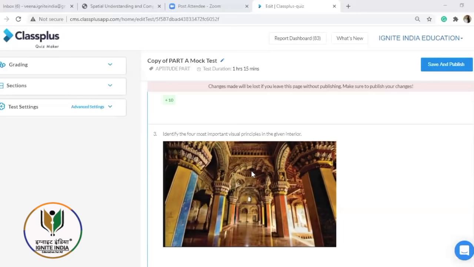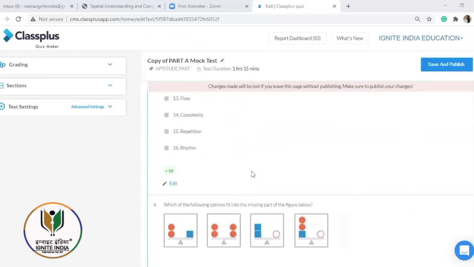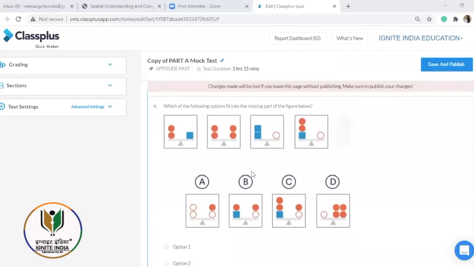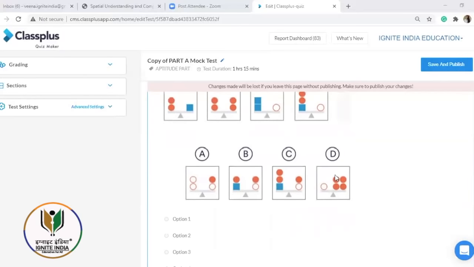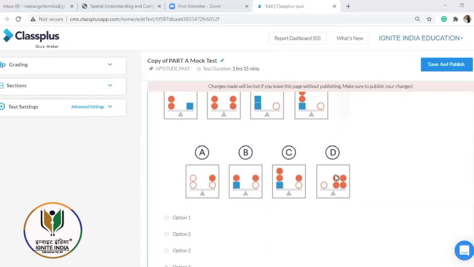Let's move to the next question, which I want to explain to you in this paper if you have it. Here, there are four images and now you have to find the fifth one. So tell me which one you think is right. Option A, option B, option C, option D. The right answer is option D. Why? Solve it and let me know, because you can see how the order is changing, how it's replacing. What is the relation from the first image to the third image, and the second to the fourth, followed by the same, it will be the next image. Based on that, the answer will be D.